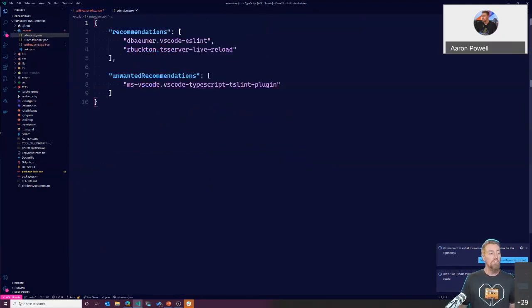Well, we can define extensions, and we can define recommended extensions that you have inside of your environment. So it's saying that, well, we recommend that you have the VS Code ESLint and a live reload extension installed, because those are the things that we use as the maintainers of the open source project, and it's encouraging you to also make sure you have the same thing. We can also say we've got unwanted extensions. So here are extensions that we know are going to have a conflict. So make sure you uninstall those before working on the project.